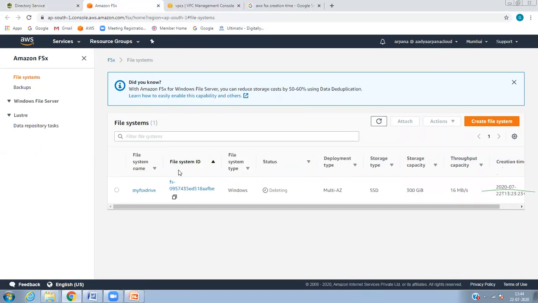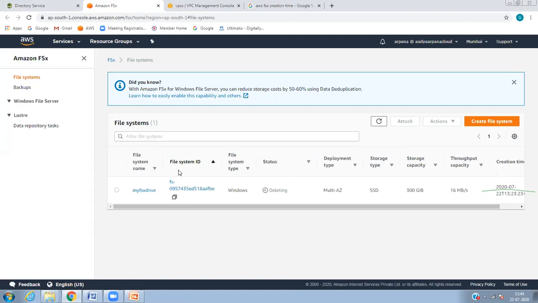As a summary, it is very simple. I told you about joining the domain and not joining it just for knowledge. What we have done is first created a directory service as a domain. Then I created the FSx.